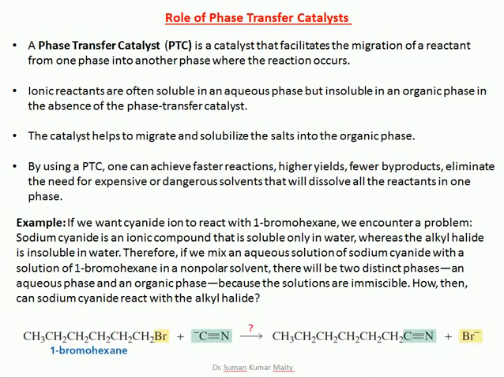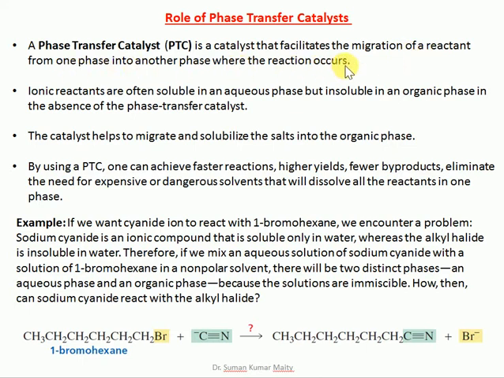Hello students, today we will discuss the role of phase transfer catalysts in nucleophilic substitution reactions. First we will see what a phase transfer catalyst is. A phase transfer catalyst is a catalyst that facilitates the migration of a reactant from one phase to another phase